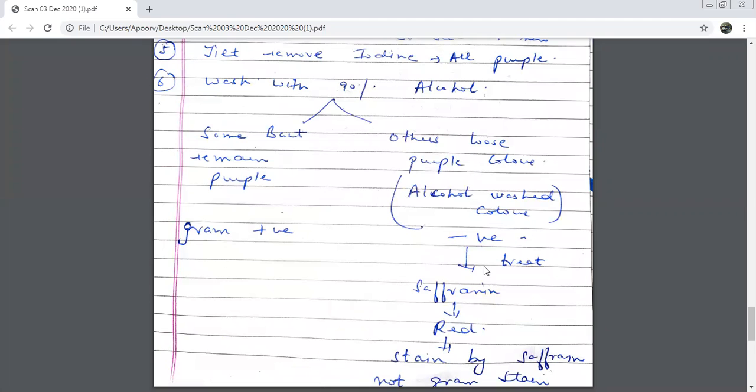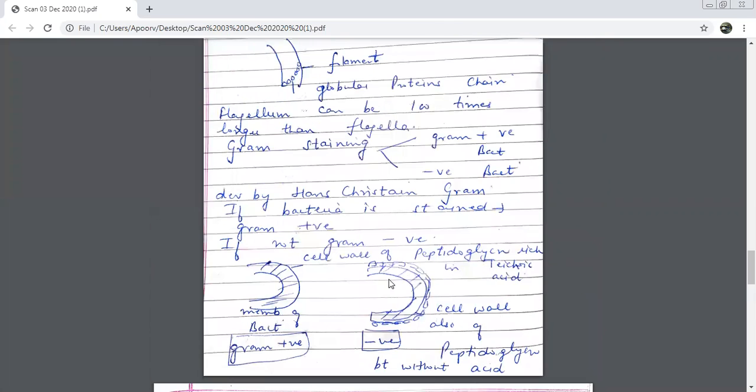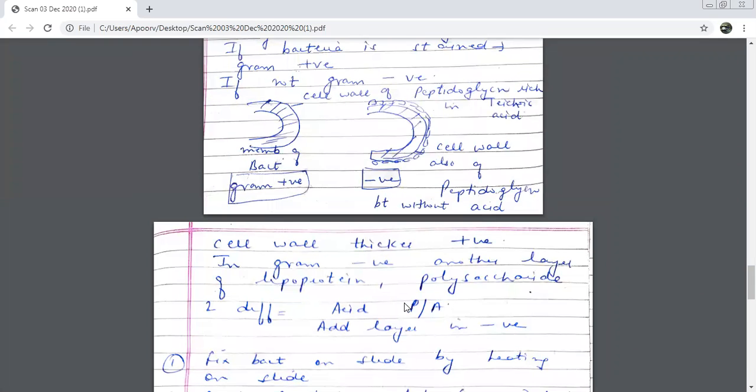So when I talked about the composition, I told you to learn it well because it will be useful in staining. Very quickly, both of them had the inner cell wall made up of peptidoglycan, with teichoic acid and without teichoic acid. And the extra membrane was made up of what? Very quickly tell me. Lipoproteins and polysaccharides. Now if anything has to go inside, here it will go very easily because